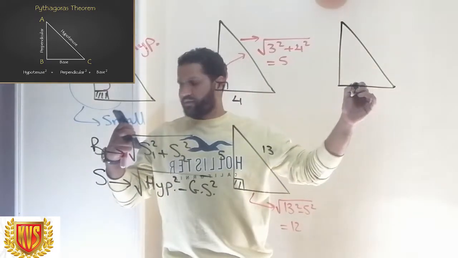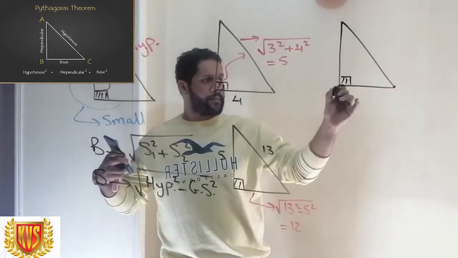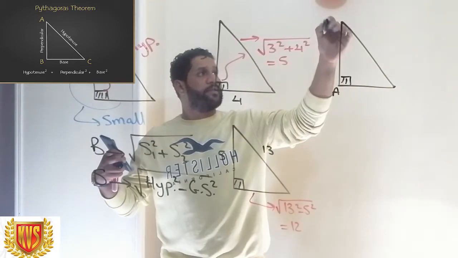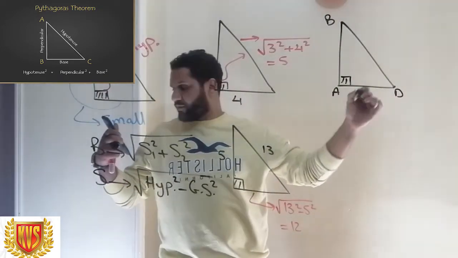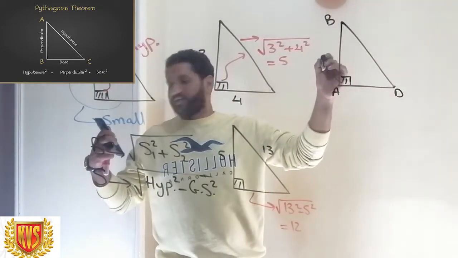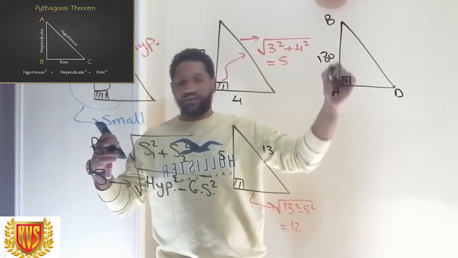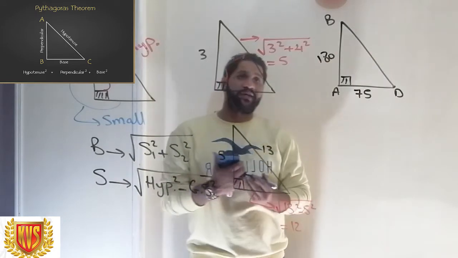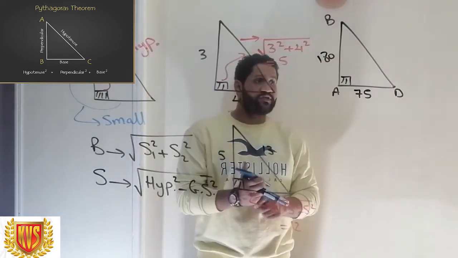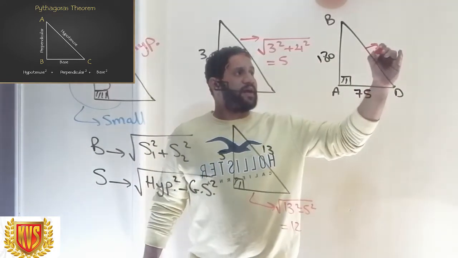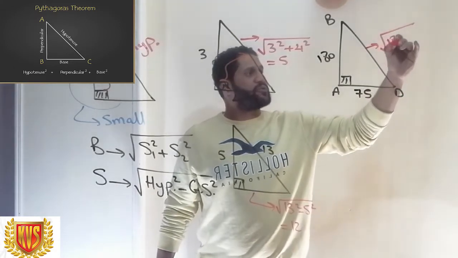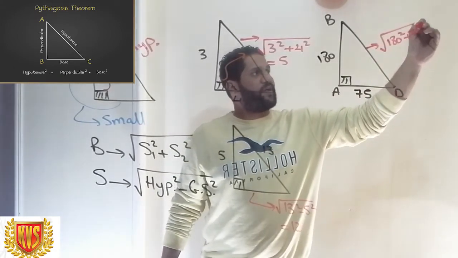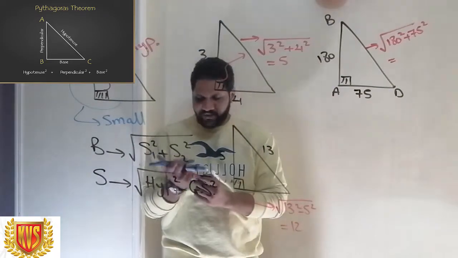I can see a right angle at A, and I have B and D. I can see that AB equals 180 and AD equals 75. BD is the biggest. The rule, as I told you, is very easy. BD is the square root of 180 squared plus 75 squared. The answer will be